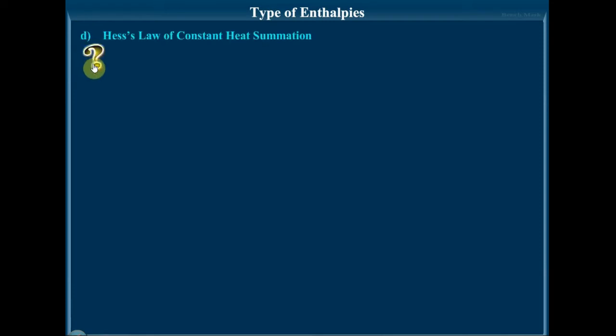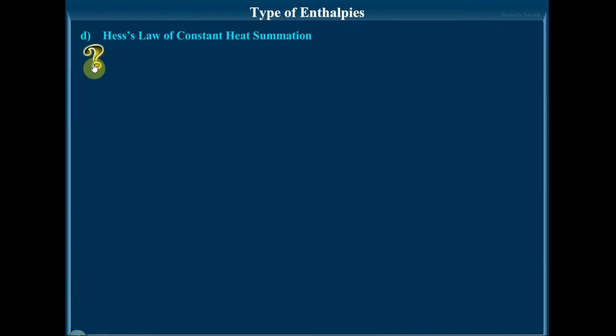So there are a lot of applications of the enthalpy of formations, and the one that is given here is the Hess's law of constant heat summation. So what is this Hess's law of constant heat summation? On the basis of numerous thermochemical observations, the Russian scientist Henry Hess gave one of the most important generalizations of thermochemistry in 1840, which is called the Hess's law. This generalization is primarily based on the fact that enthalpy is a path independent thermodynamic function, which I have discussed earlier.